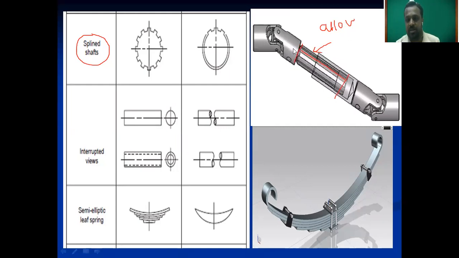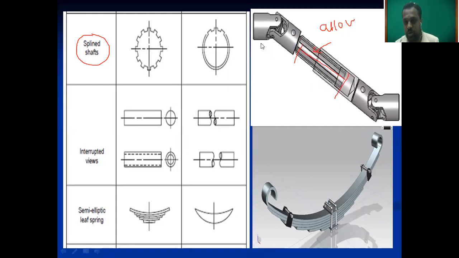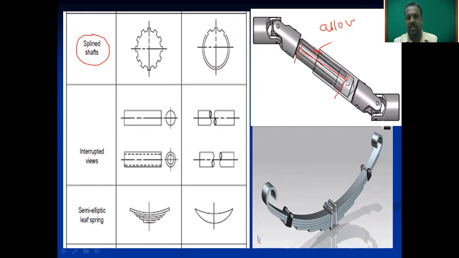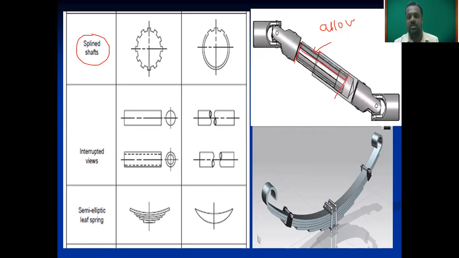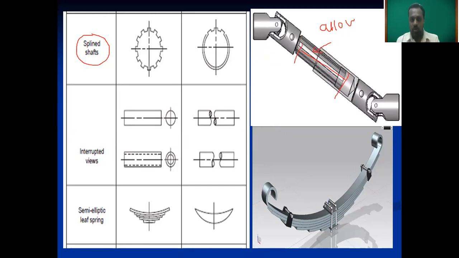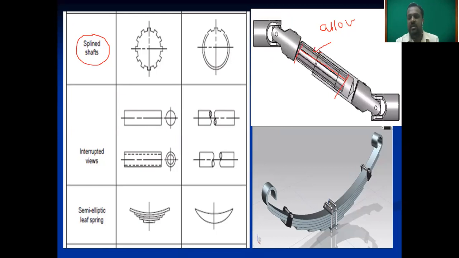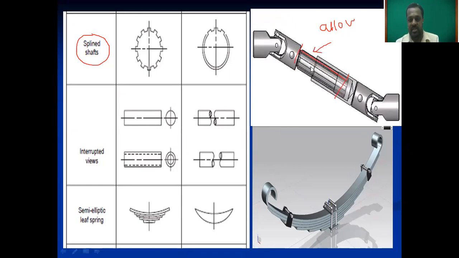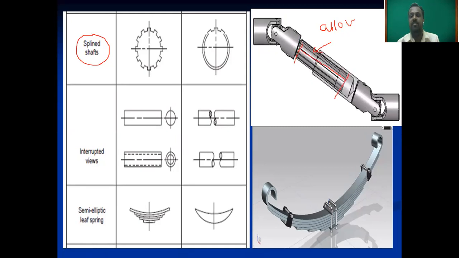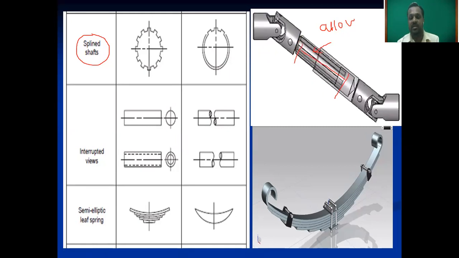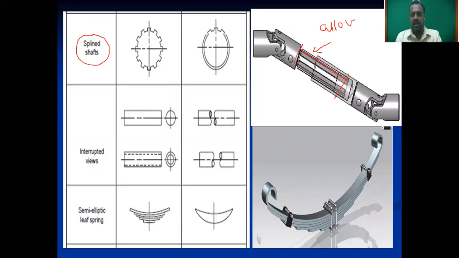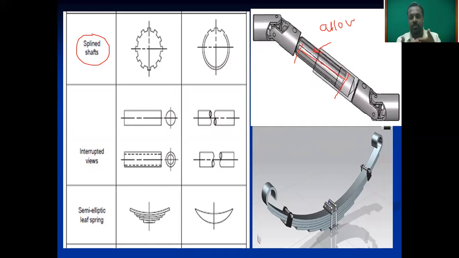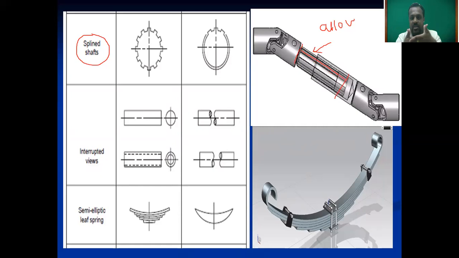आता बघा, propeller shaft हा तुमचा असा inclined position मध्ये असणार आहे, रोटेट होणार आहे. ज्यावेळेस तुमच्या व्हेकलला एखादा ऑब्स्टॅकल येणार आहे, बंप येणार आहे, चढ उतार येणार आहे, त्यावेळेस आपले व्हेकल अप आणि डाऊन होत असते. त्यावेळेस जर हा propeller shaft ने change in length नाही केली, allow नाही केली, तर there may be chances of breakdown, that propeller shaft ब्रेक होईल. जर व्हेकल अप गेले डाऊन आले, during that the spline shaft will allow the change in length. Spline shaft काय करेल, change in length करेल, आत जाईल तो बाहेर जाईल.